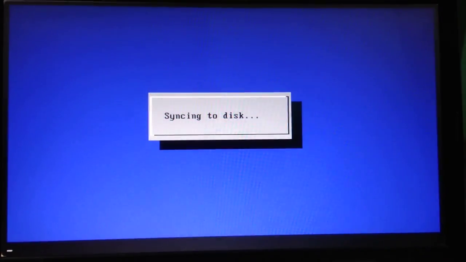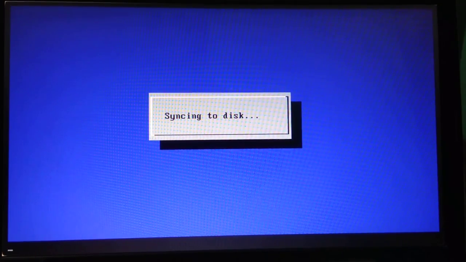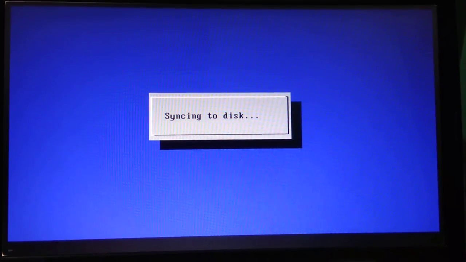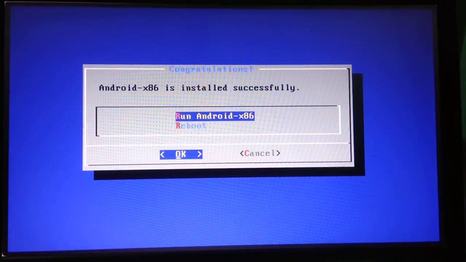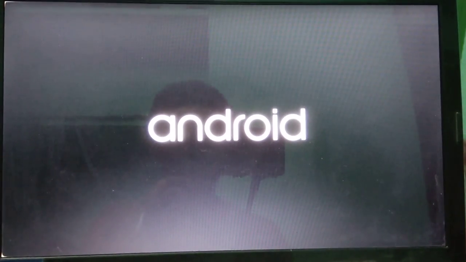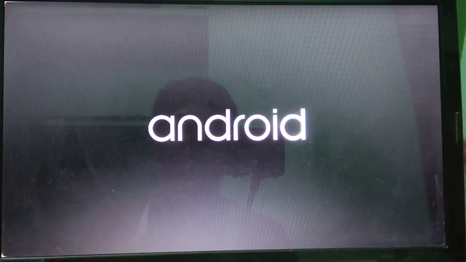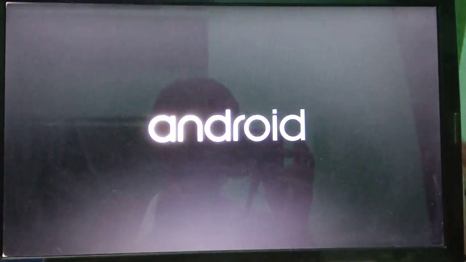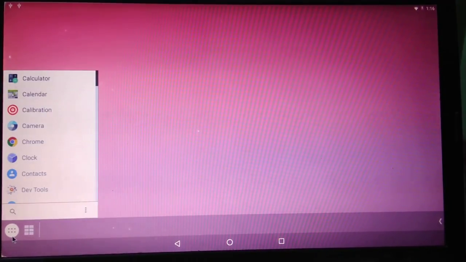Now let's see what happens. So this is now syncing some data to hard disk. Let it do this. Now I am here selecting run Android OS, and let's see what happens. So it is now restarting, and this is how the boot screen looks. As you can see, the Android is now booting. As you can see, the Android has now booted up, and here is the menu,